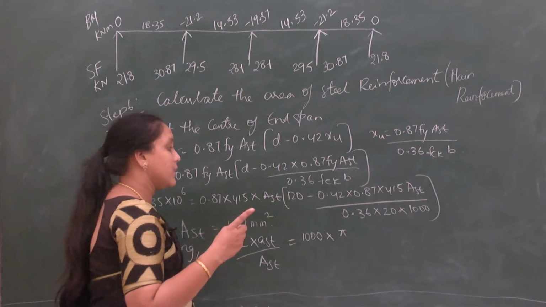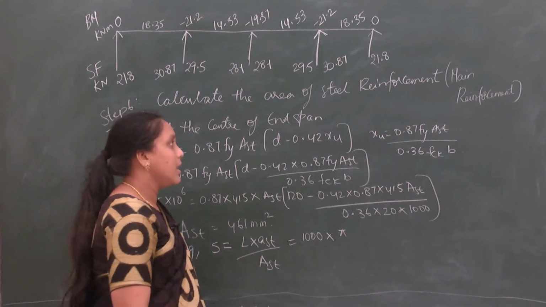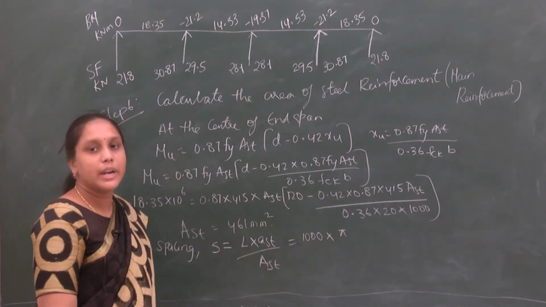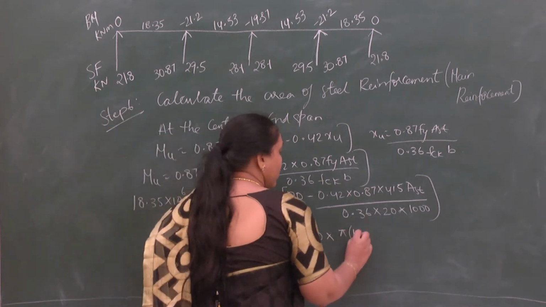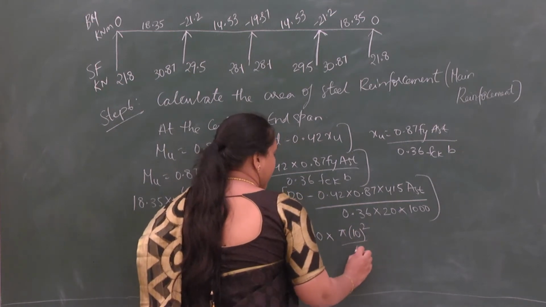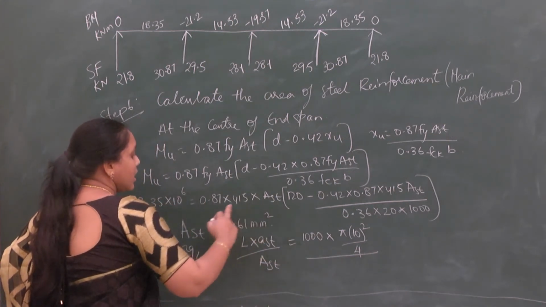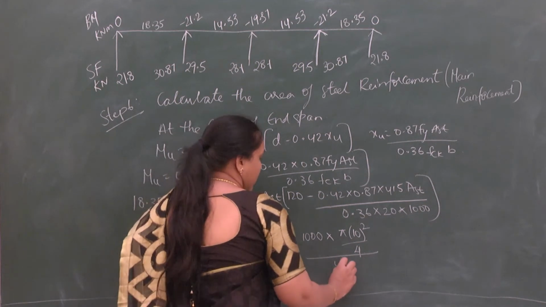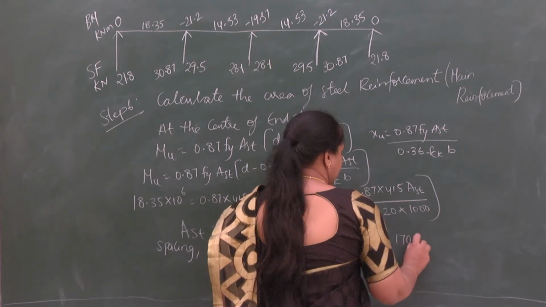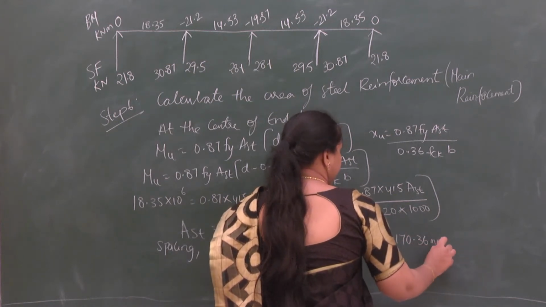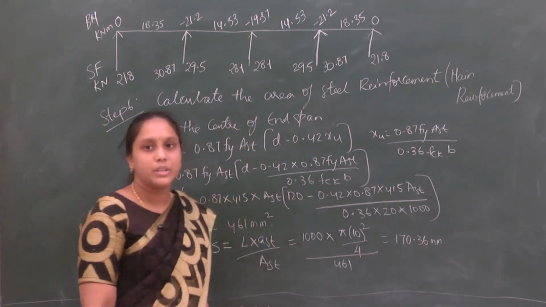Small AST is nothing but the area of steel for 1 bar. So the area is pi d square by 4. What will we take as the diameter of the bar? Generally for main reinforcement, the diameter of the bars is taken as 8 mm, 10 mm and 12 mm. So here I am providing 10 mm diameter bars. So pi into 10 whole square divided by 4, whole divided by the AST. AST is nothing but the AST that is required here, 461 mm square. If you solve this, you get a value of 170.36 mm. So the spacing required is S is equal to 170.36 mm.